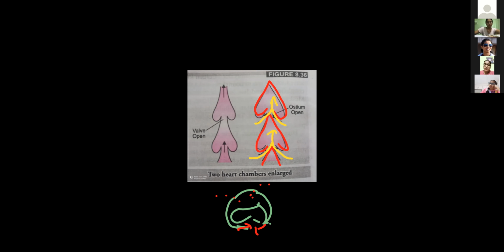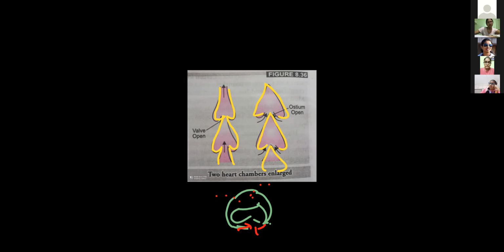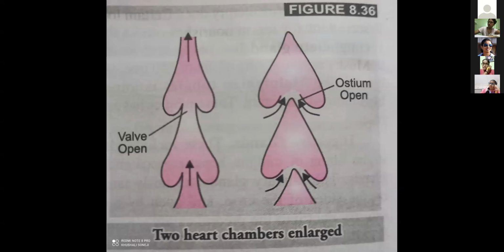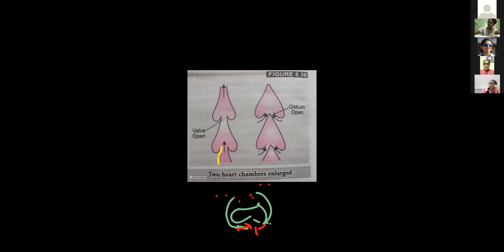And when this valve opens, this portion opens, then it looks like this. All the chambers are connected with each other, right? So when the valve opens, they are connected. When the valve closes, we can see the individual heart units like that: 1, 2, 3. Like that, the 13 heart units are there. So remember, total 13 heart units in cockroach, 3 in thorax, 10 in abdomen. A 13-chambered heart is present.